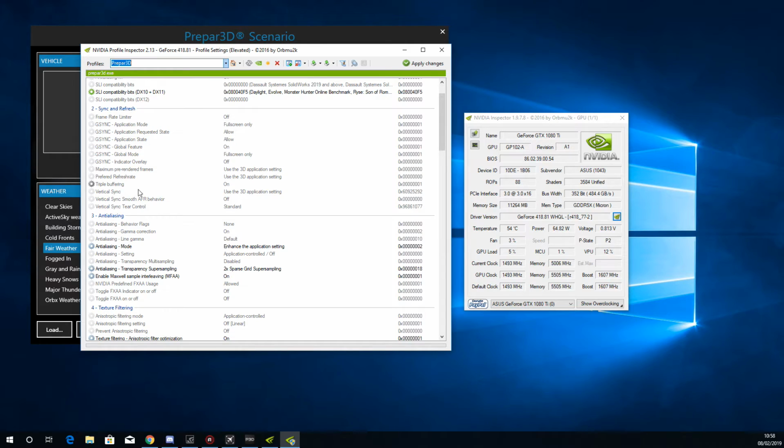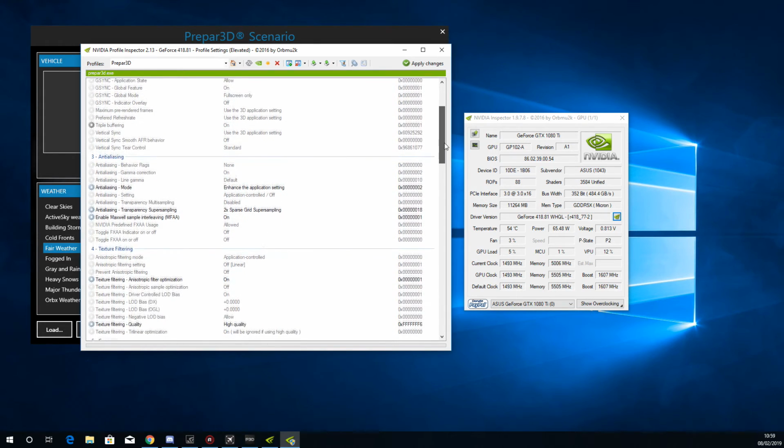Sync and refresh, you want to go down to triple buffering, make sure that is on because you're going to be using it within the sim. But also make sure you have the frame rate limiter off. That's a big thing. Most people try to limit the frames, but you want to put the limiter off. Some people like to do it outside of the sim using this, and it helps with performance, but it really does depend on what you're looking for. So going down to